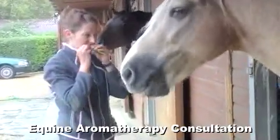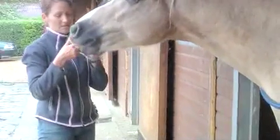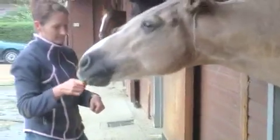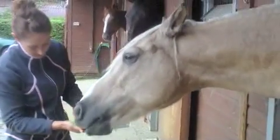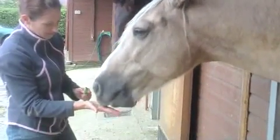This is Cassie. She's a 10-year-old Palomino mare. She can be quite bolshy. She's got lots of character. And she's on box rest at the moment due to laminitis, a very common equine condition. And we're here today to help her